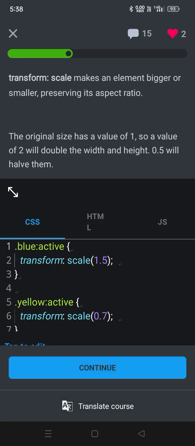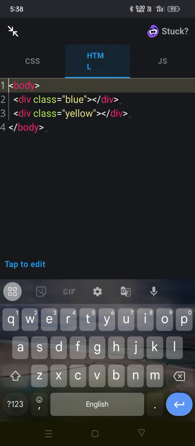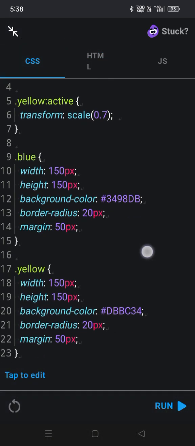Then transform scale makes the element bigger or smaller, preserving its aspect ratio. The original size has a value of 1, so a value of 2 will double the width and height. 0.5 will be half. So here is the code, a blue and yellow card. So here is